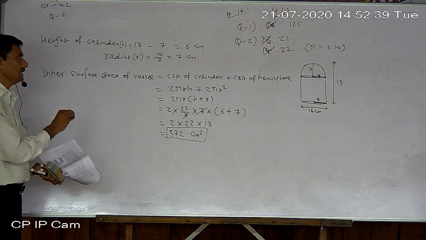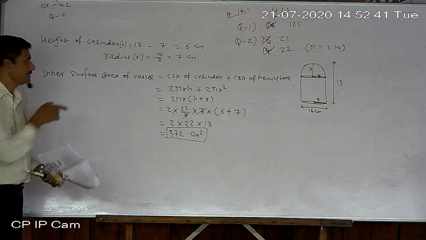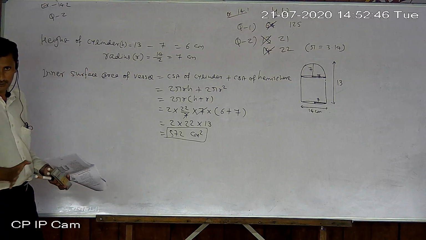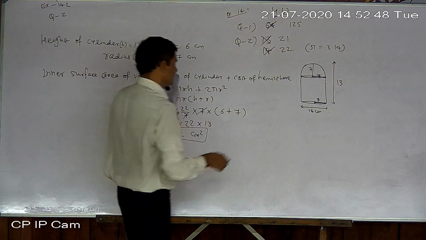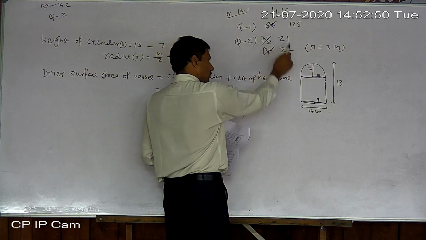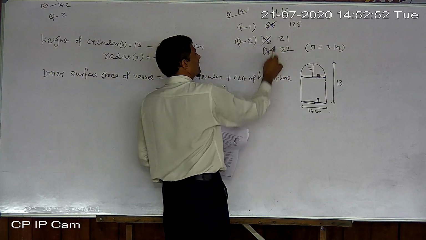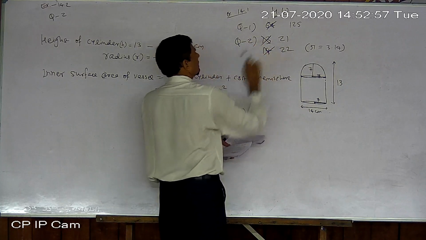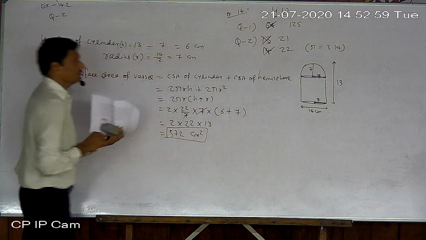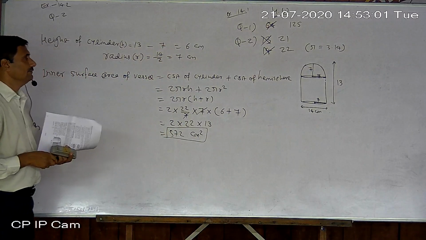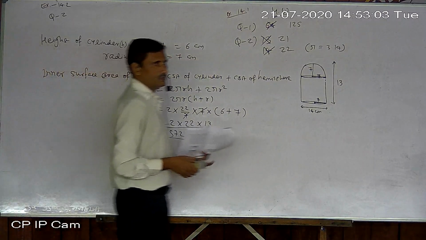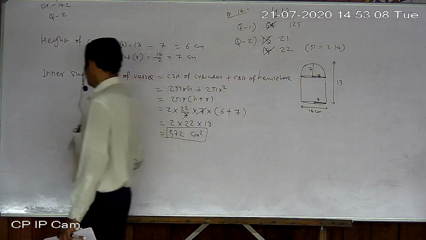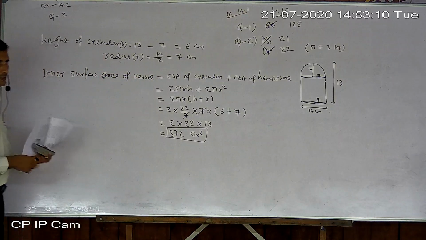Just try. Same way, only measurement will be different. Method formulas will be same only. Each and every line will be same, but numbers will be different. Okay, so just understand questions. Only measurements are changed. Whenever 13 is given, write down 21, and whenever 14 is given, write down 22. And pi's value given 3.14. Answer will be either in decimal or in fraction.